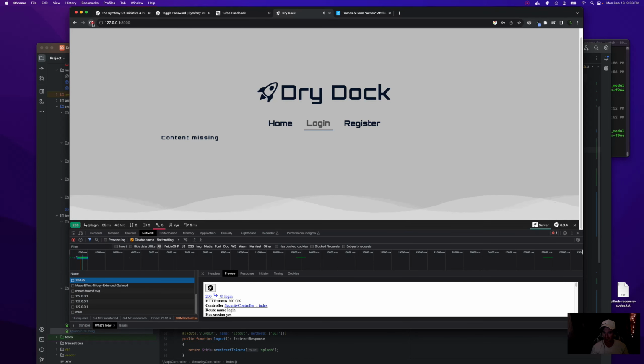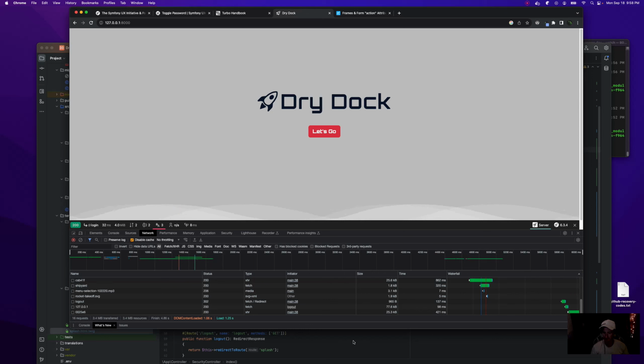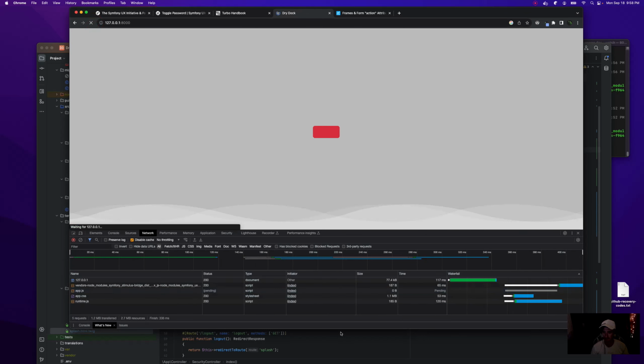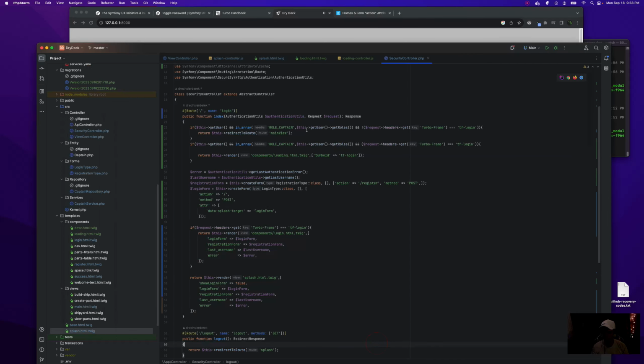And we are authenticated. So it did auth. We should be hitting this, but for some reason I feel like we're not. We're hitting splash.